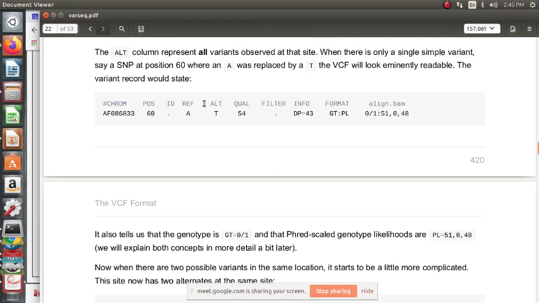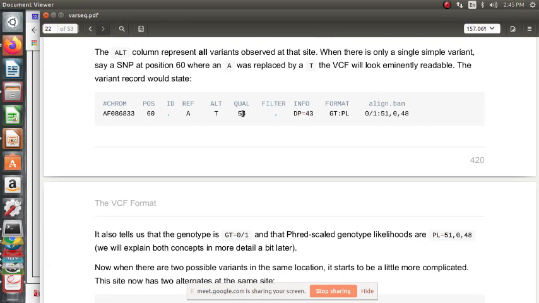So these three columns you can understand together. Quality 54, right? Even if it is 54, rounding off to 50, ignoring the 4. So 50 divided by 10 is how much? 5, right? So that is going to be 10 to the power minus 5.